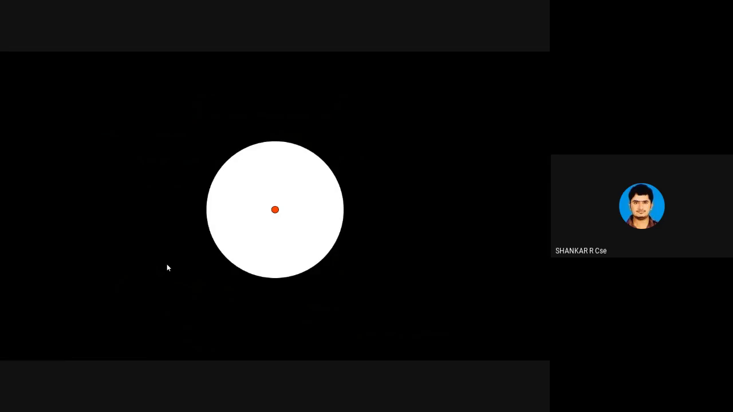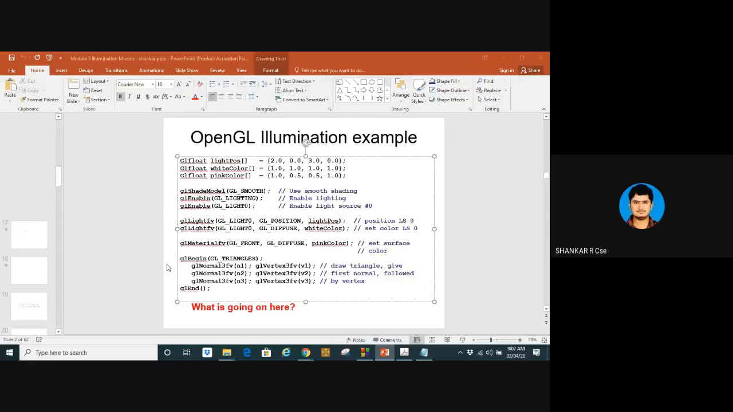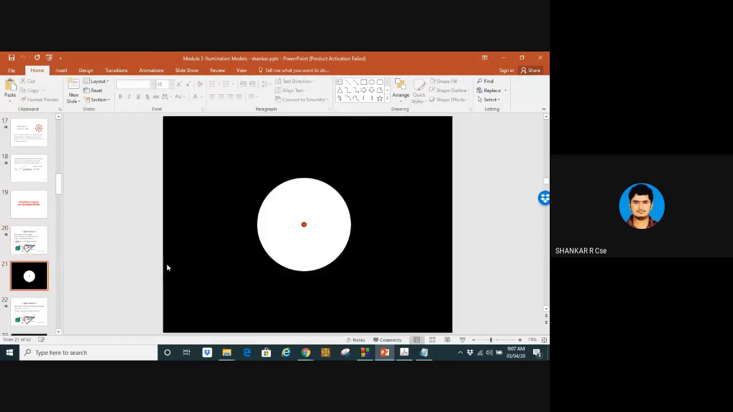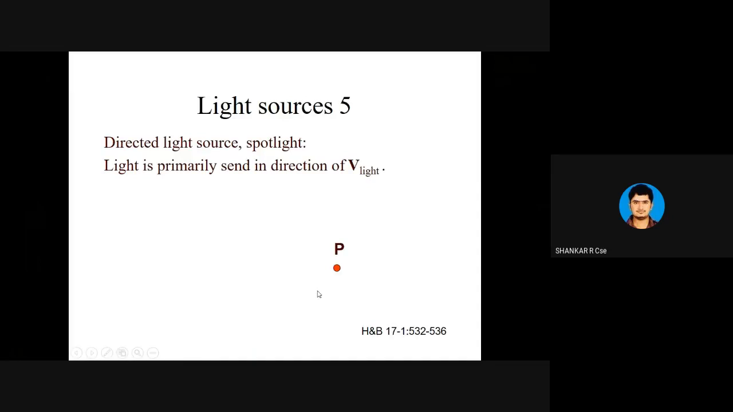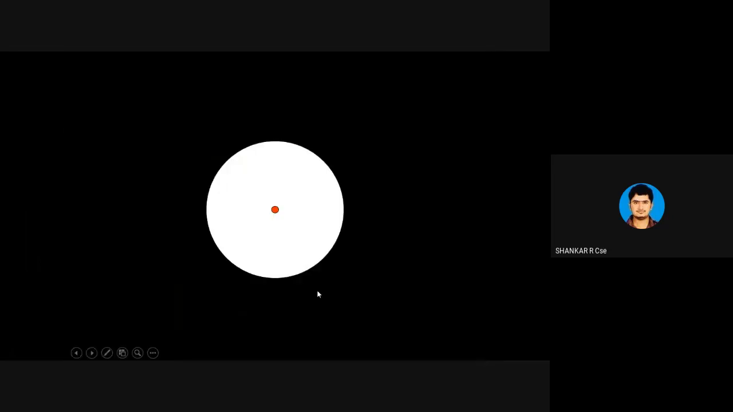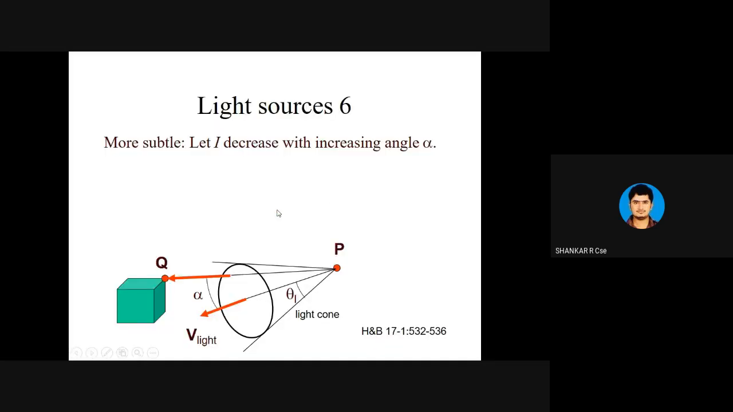Now, if you take care about the distance, that is, this point, you will get bright light, something like this. That is, your Q gets illuminated. Now, let's say your intensity, of course, decreases with increasing angle of alpha. Of course, if this gets increased,